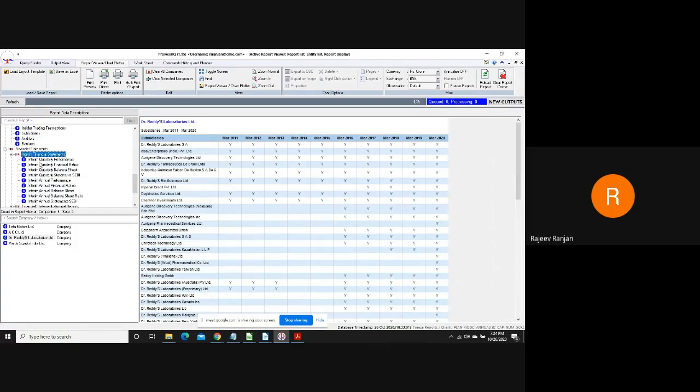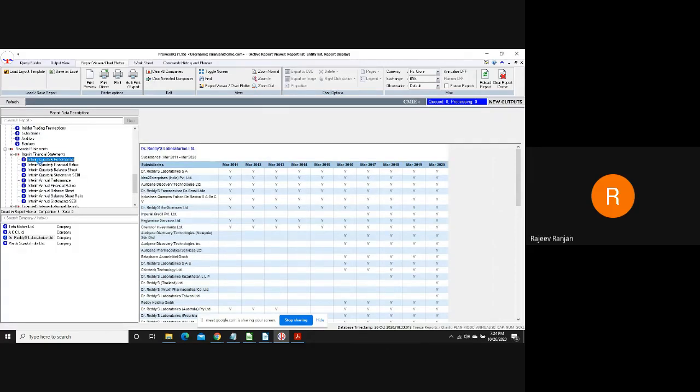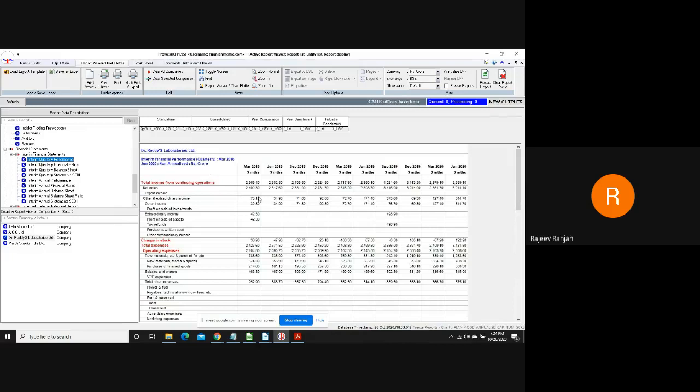You can look at the quarterly performance of these companies for the listed companies. So this is the quarterly results, and you can see various tabs available here. By default, it gives you the value, and the value is in rupees crores as I have set up. You can look at this data in terms of rupees million and other currencies as well, depending upon your data need.